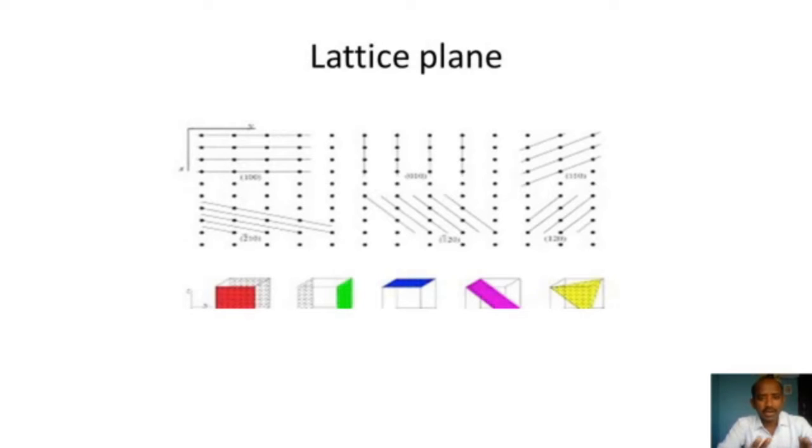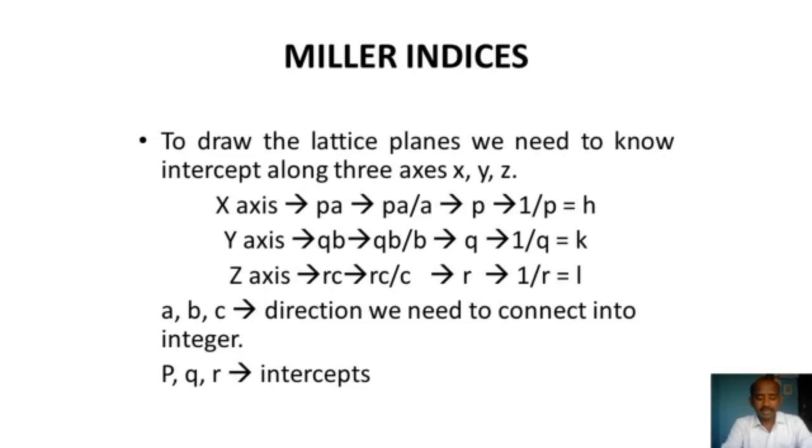Here there is a lattice. We have drawn a number of lines. They may be along the horizontal direction, along the vertical direction, or like cross lines, or in any pattern. So we can see Miller indices. Miller gave a method to know the orientation of the lattice planes, to construct the crystal structure, or to know the properties of the crystal. So these lattice planes are very important.